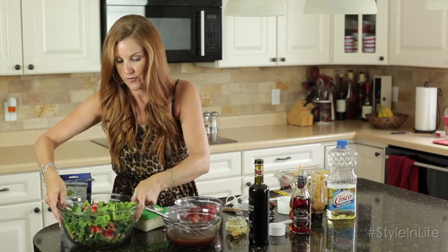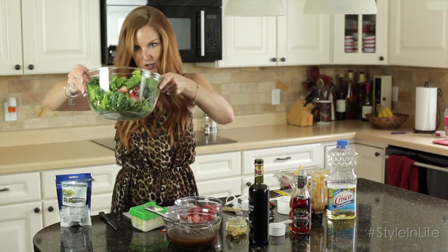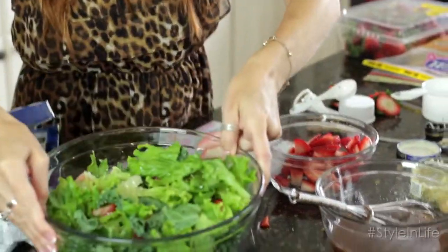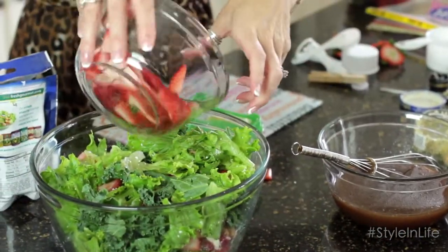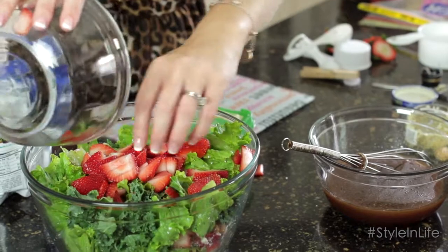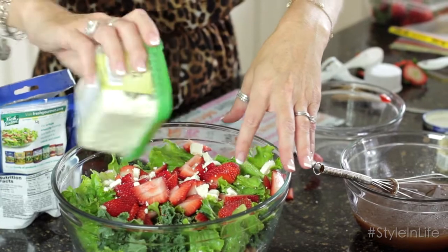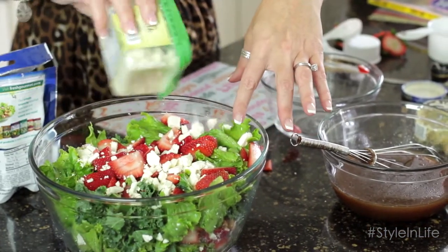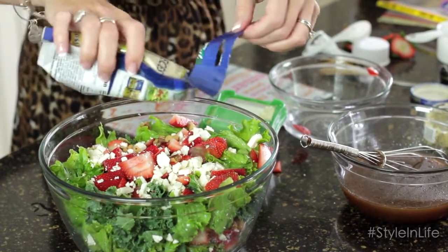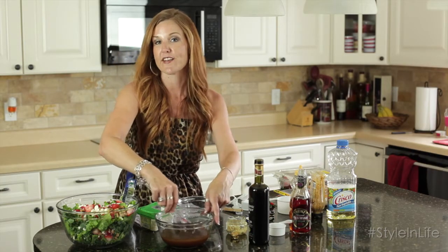I don't actually toss with a fork. I shake it to let it settle down, because it will settle down to the bottom. You can actually see that it starts to settle into the bowl. And then I will add the second half of what it is I have in my individual bowls. So we add more strawberries, the remainder. Add some more feta, add a few more nuts, and then if we were ready to serve right this second,